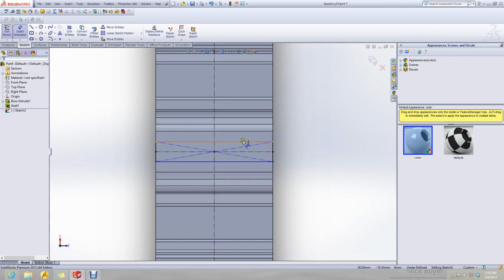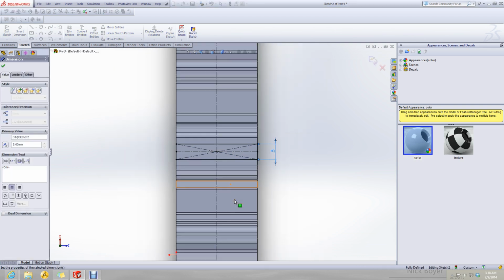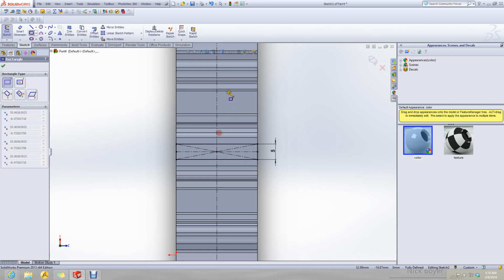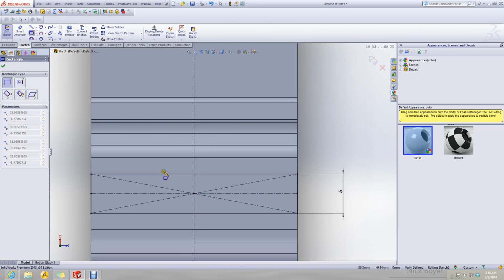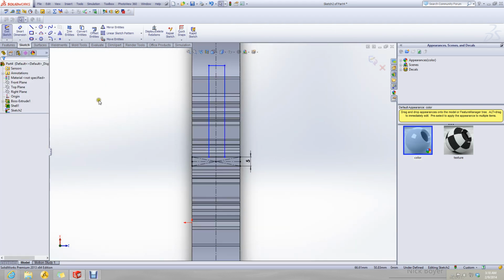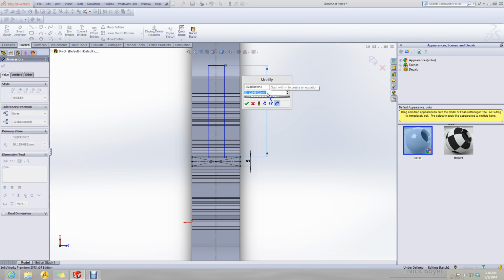Let's say the center rectangle is around 5 millimeters. From this I will make a rectangle of 45 millimeter length.